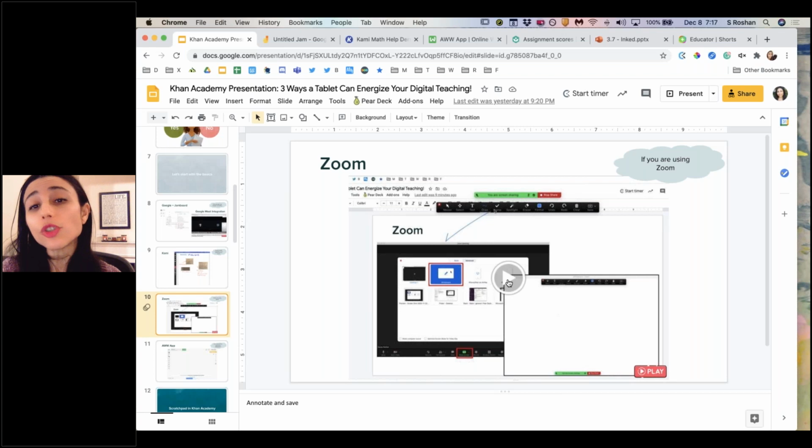And what's more, in Zoom, you can actually write anywhere on your screen. So it doesn't have to just be a whiteboard that you're writing on. You can ink up anything using the annotation tools that are in Zoom. So if you haven't used that before, and if you're using Zoom, then again, you use your Wacom tablet. Now you have an actual pen and you can be handwriting instead of using just your mouse, which is very difficult. So if you're using Zoom, I would definitely check out this video if you're not already.